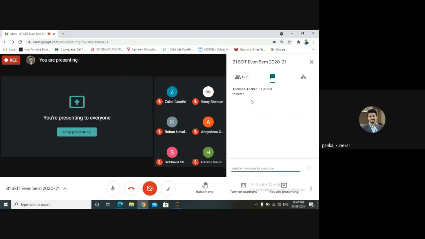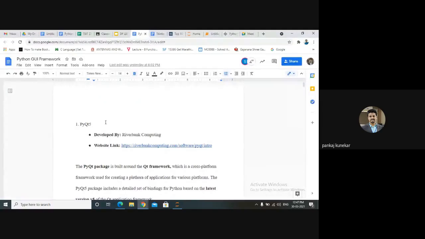It's Tk interface. Many programmers or YouTubers call it Tkinter. We will call it Tkinter, Tk interface. So basically, Tkinter is a module, and we can say a framework also, in Python. Apart from that, there are more than 5 frameworks. We will not go into the depth of each and every framework. I will share this document with you in Google Classroom also. We will just quickly go through it.